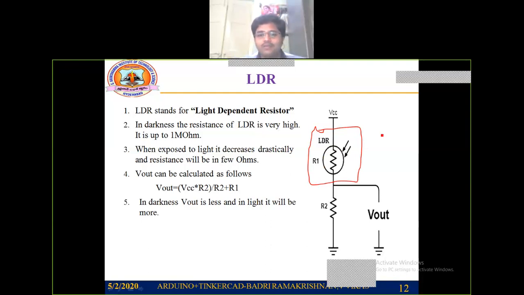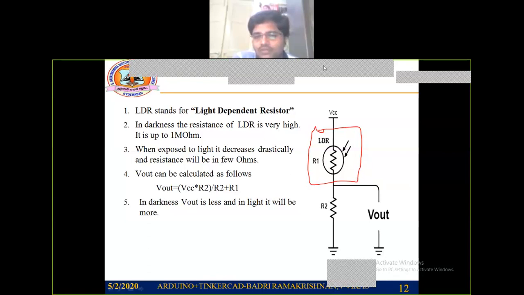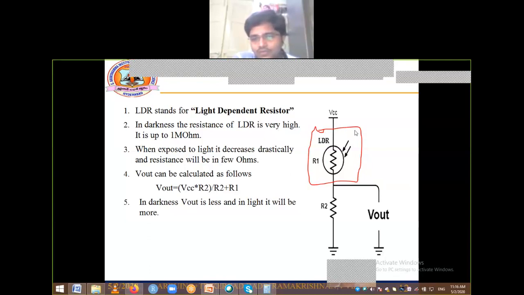When some light is falling on it, it will be in the range of a few ohms, like 50 ohms, 10 ohms, 30 ohms, something like that. So I just want to work with this LDR and build some application. Can you think of any application with LDR?